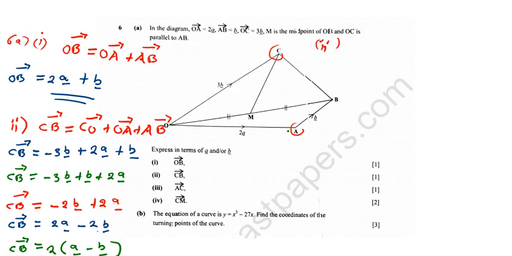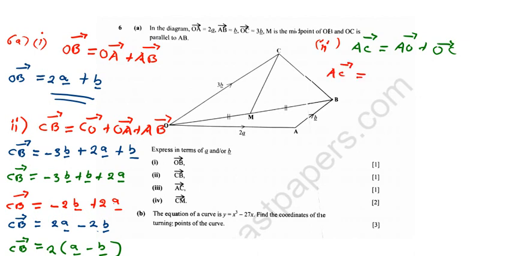So let's write. AC vector is equal to AO plus OC vector. That means I've reached C, because you start with A and you end with C. So it will be AC